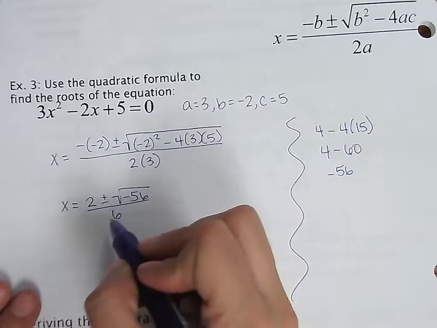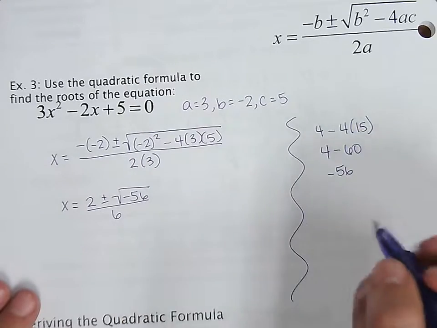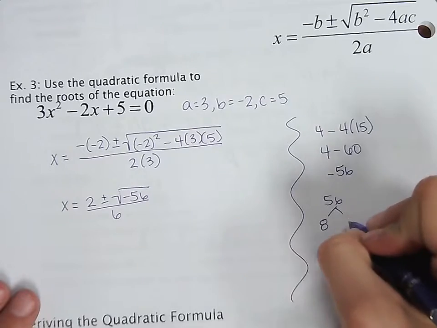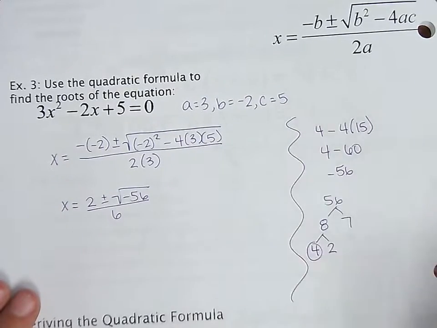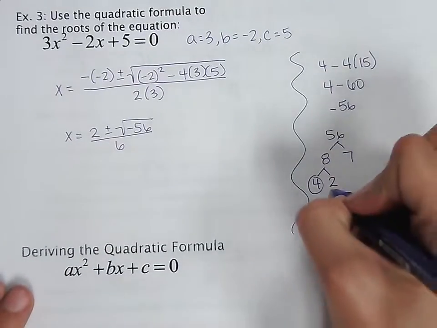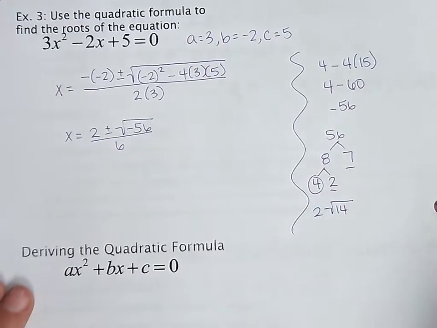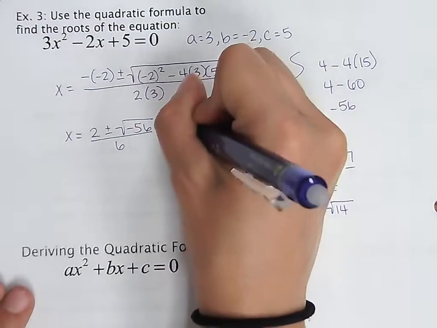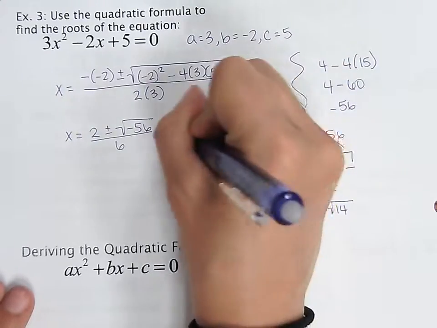So when we go ahead and try to reduce this, okay, 56 can break down into 8 and 7. This can break down into 4 and 2. 4 is a perfect square. 2 and 7 are not, so this would become 2 root 14. However, this is negative, so this would become 2 plus or minus 2 square root of negative 14 all over